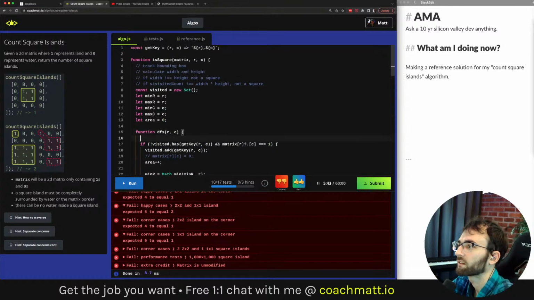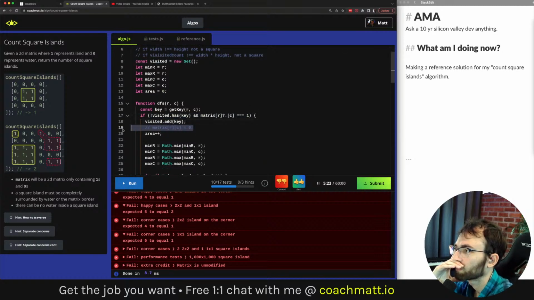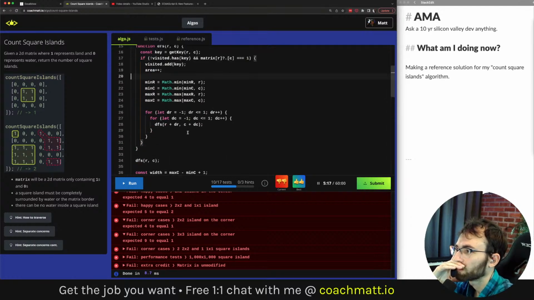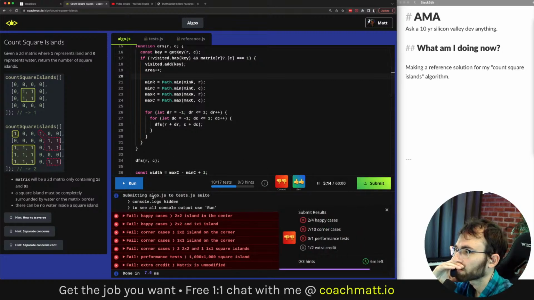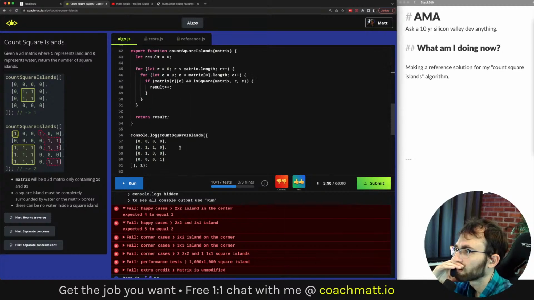What I can do for now is just have getKey(row, column). Not inline this, but compute it one time. So if we've not visited, and this is land, add that to visited. Okay, so maybe we'll have an interesting bug to track down. That's interesting. I was so convinced this was going to work.